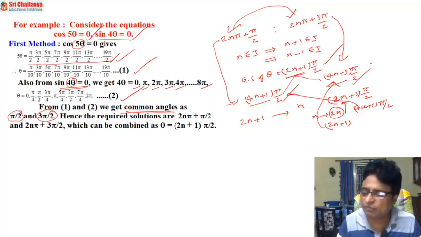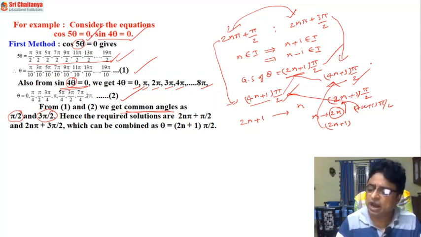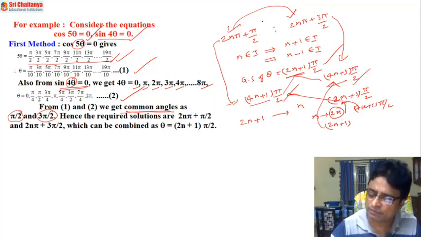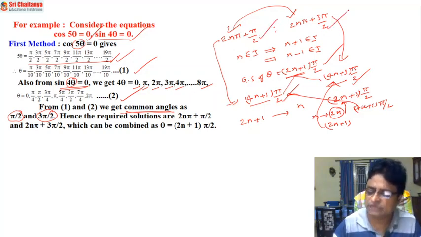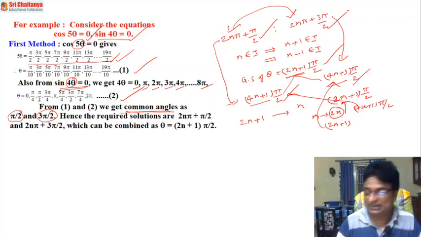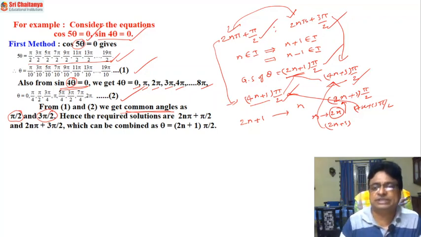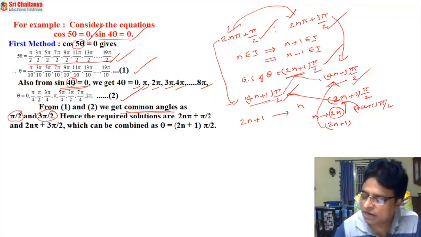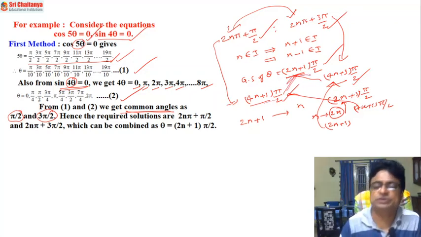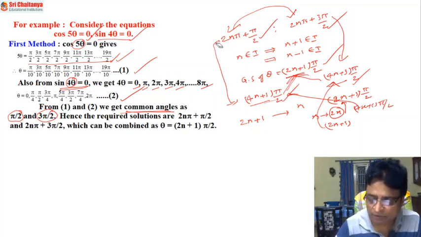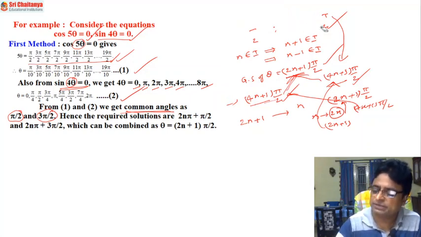So again, what I am going to say is, after getting the solution, of course, this is the solution, there is no doubt, you are 100% right, this is also right. But instead of writing the two different solutions here, we merged these two and we have written this as a single solution, that is 2n plus 1. That may not exist for all problems. It depends upon the question, it is possible.